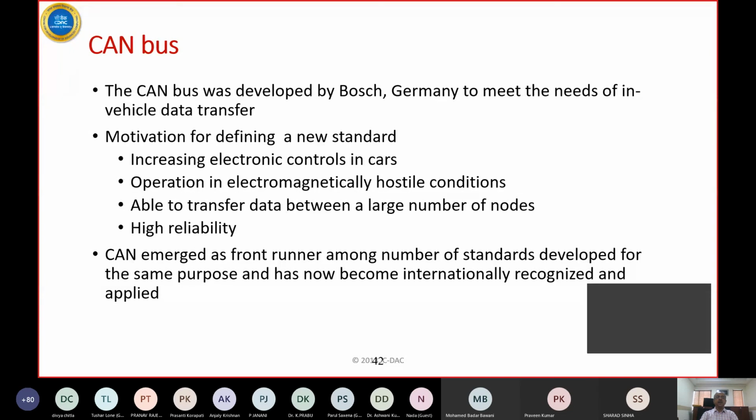If you look at the earliest automobile, like let's say the Model T, which was made by Ford, it was an electromechanical device. As you know, the basic principle of an IC engine is that there are multiple strokes, and in one of the strokes, the fuel is ignited by a spark, which is given by a coil. So it's an electromechanical device, essentially generating a spark at the right time, and then that cycle is self-sustaining, and you convert the reciprocating motion into a circular motion, and the vehicle moves.